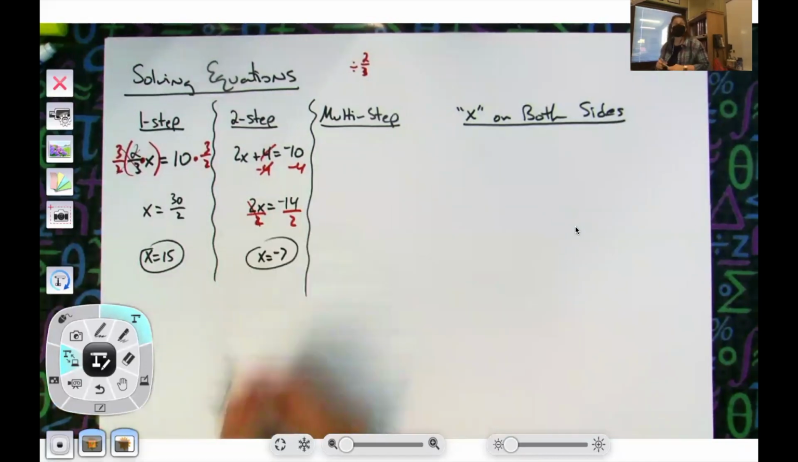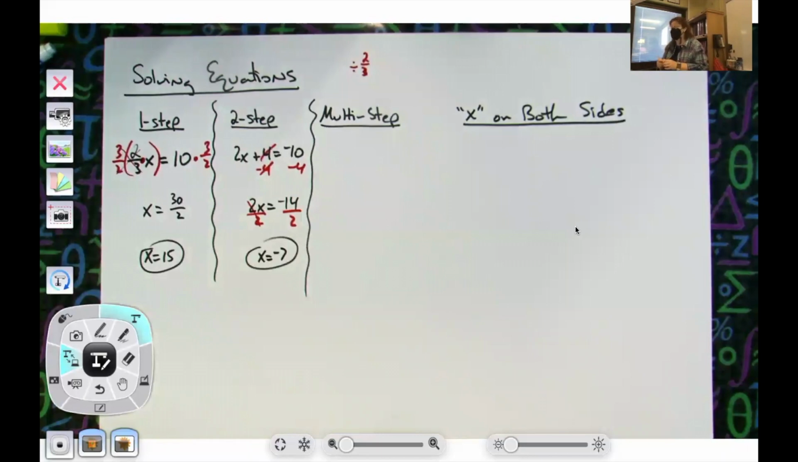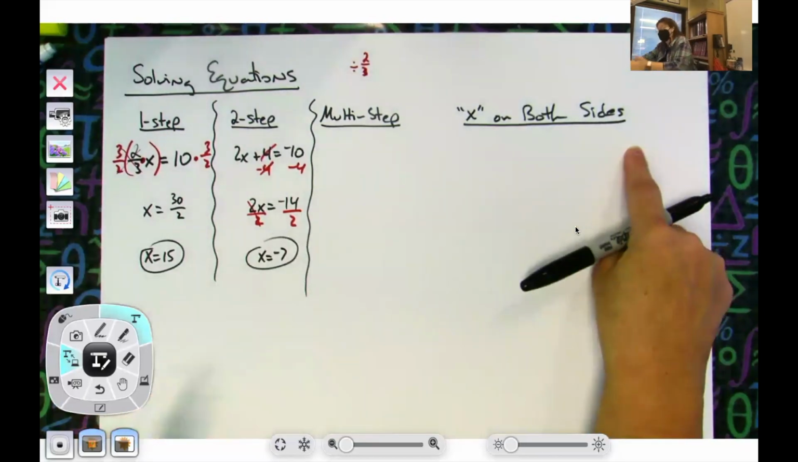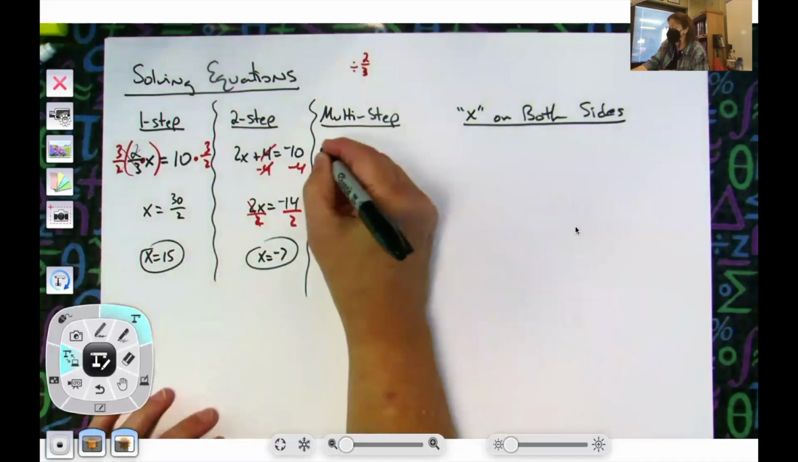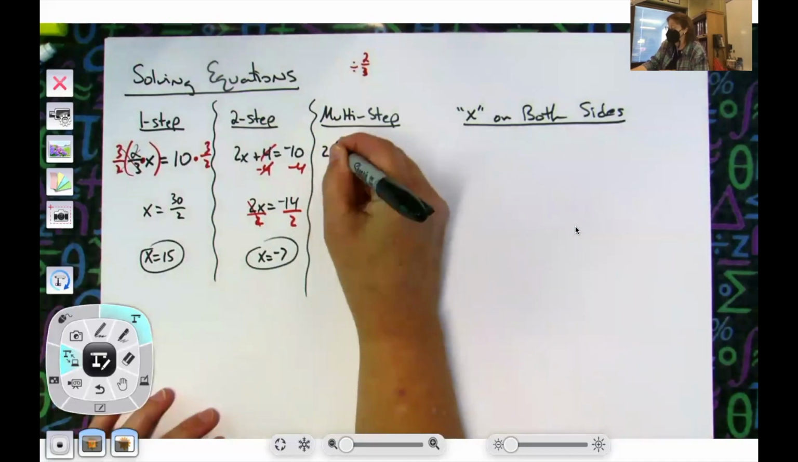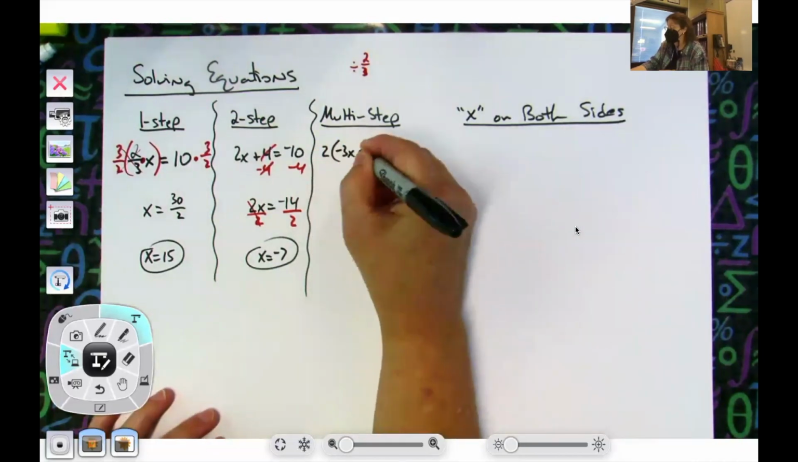Okay, so those are 2-step, but I just wanted to do one real quick just to make sure that we do this. Now, multi-step can be lots and lots of things. They can have distributive property. They can have some combining like terms, but for the multi-step, at least in the beginning in an Algebra 1 class, x is always on the left-hand side, because the next category after that, they start moving x to both sides. So I might have something like 2 parentheses, negative 3x plus,